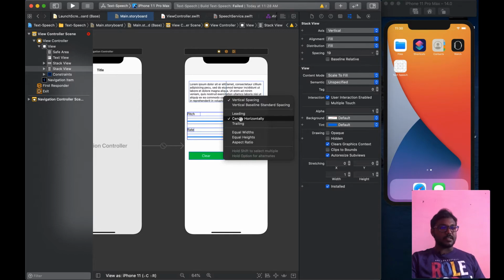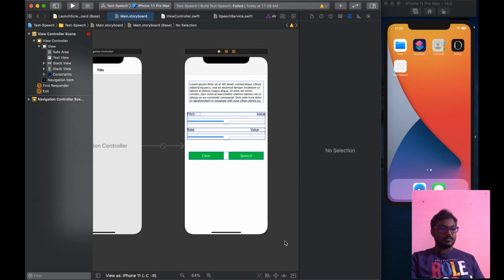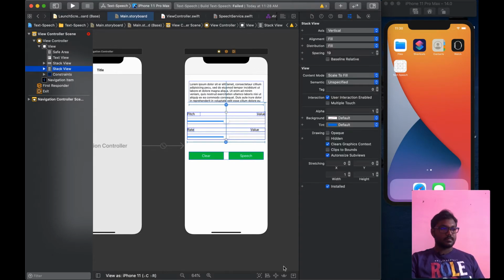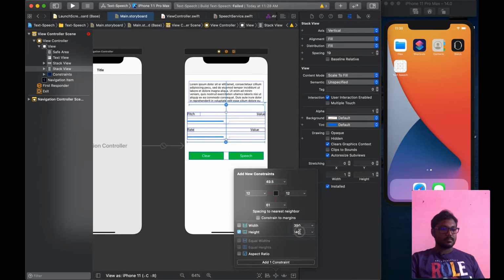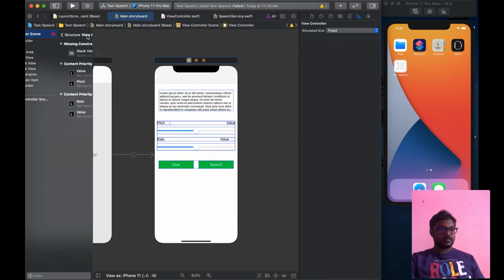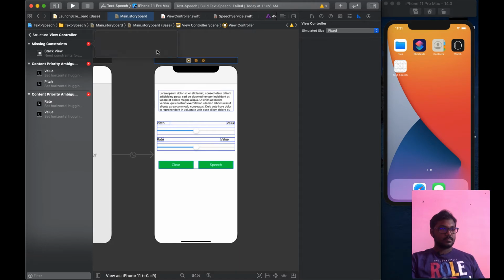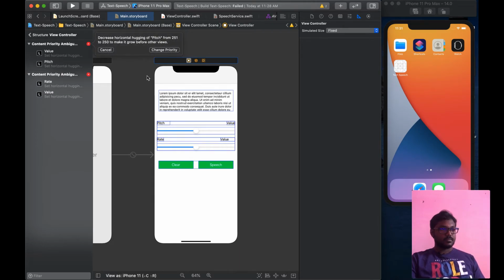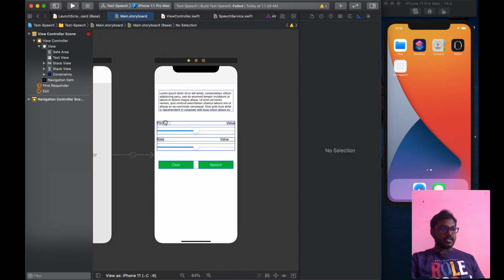Now I am setting the constraint for the grouped stack view. Yeah, we don't need to set the priority.